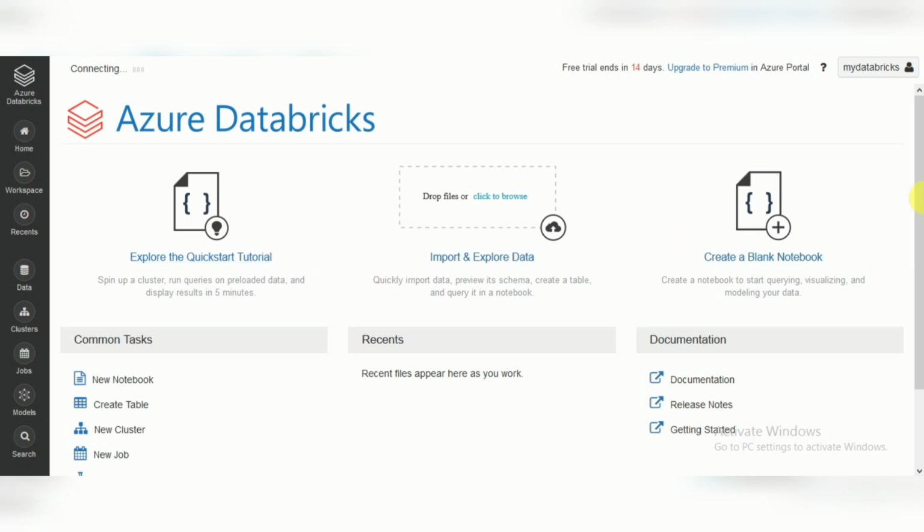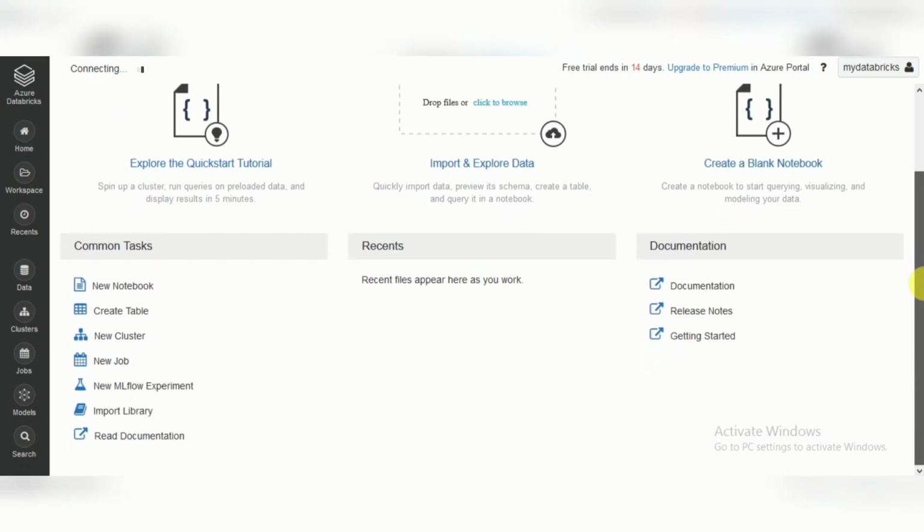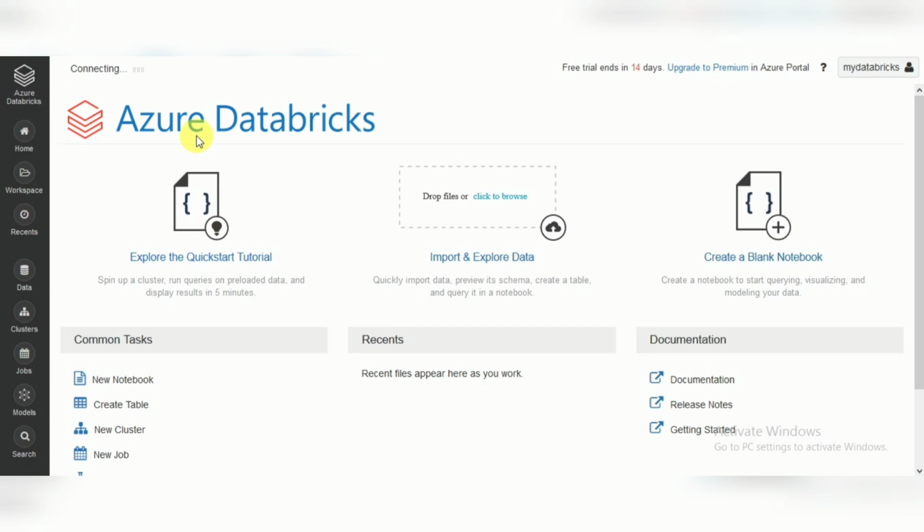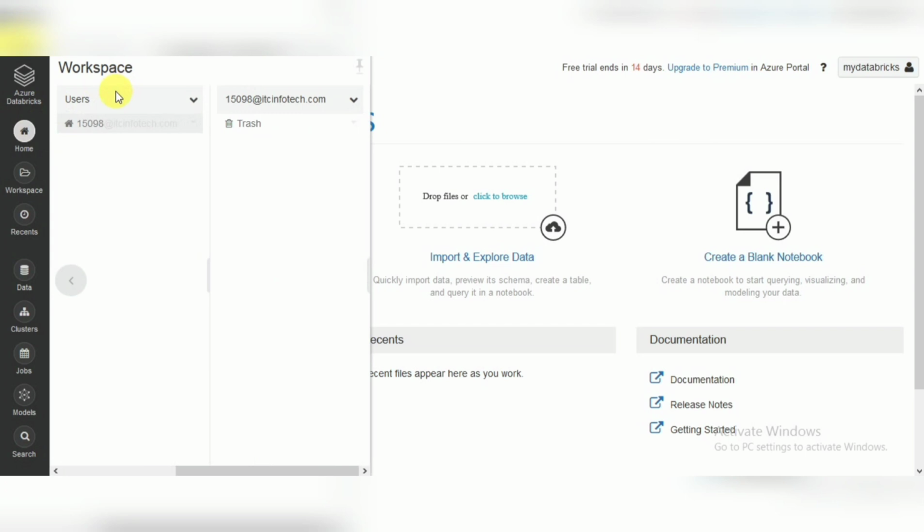So this is the complete window where you can see the options. If you click on this Azure logo, Azure Databricks, this is the home button, and this is workspace related.